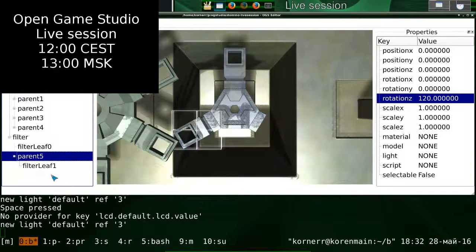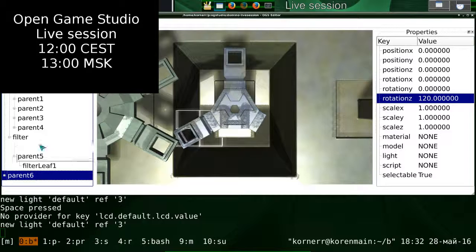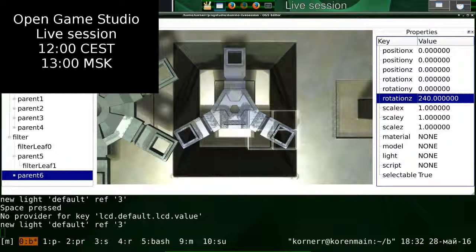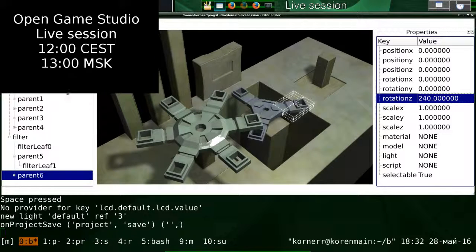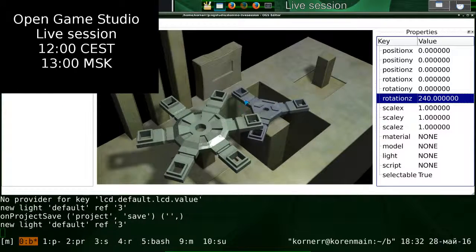Let's create another leaf, make it a child and rotate it. Okay, let's reload. Okay, so this is our filter